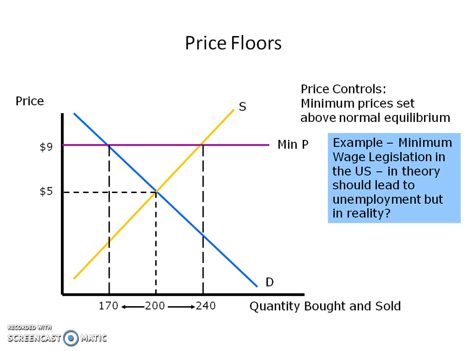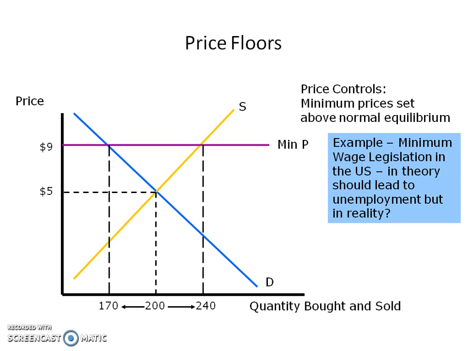The primary example that economists use for this is the minimum wage law in the United States. So if we think about this market as being the market for workers in the marketplace, the actual minimum wage should be $5. Because at $5 an hour, there are 200 people who want to work, and there are 200 jobs available. When the government sets a minimum wage higher, at a price of $9, what we find is that there are 170 jobs out there, so 170 employers are looking for workers, and 240 people are looking for work. So the result is that we have 70 people who are unemployed.